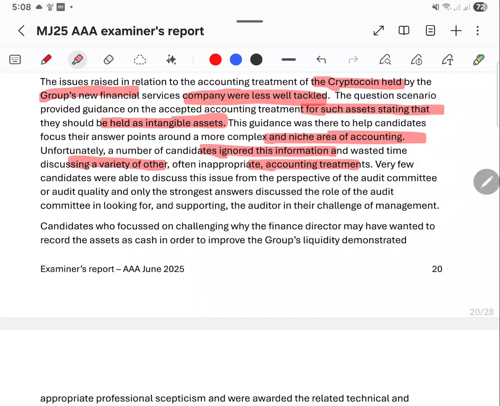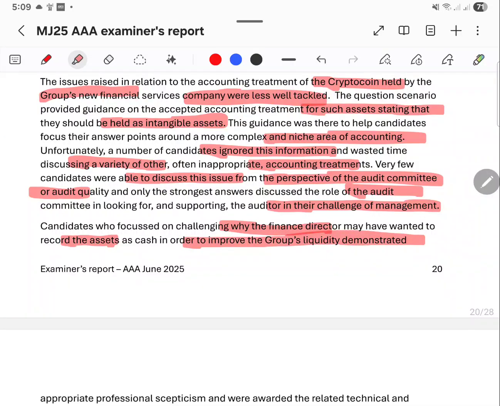Unfortunately, a number of candidates ignored this information and wasted time discussing a variety of other, often inappropriate, accounting treatments. Very few candidates were able to discuss this issue from the perspective of the audit committee or audit quality. Only the strongest answers discussed the role of the audit committee in looking for and supporting the auditor in their challenge of management. Candidates who focused on challenging why the finance director may have wanted to record the assets as such, in order to improve the group's liquidity, demonstrated